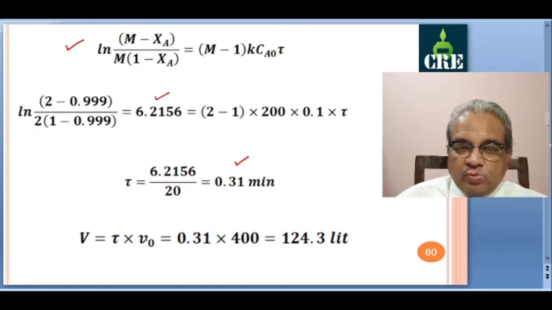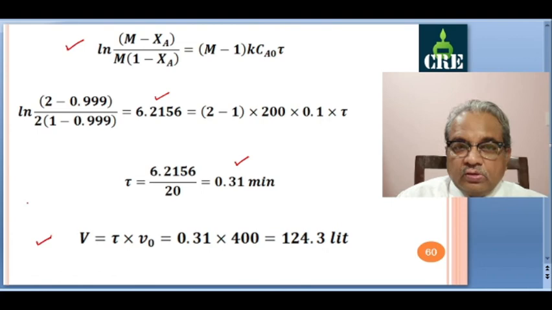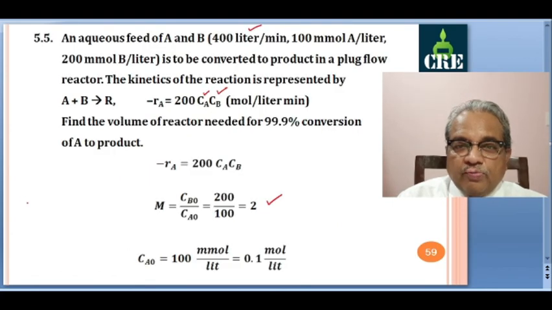So you know tau, you multiply by V0, which is given as 400 liters per minute. So minutes times liters per minute, the minutes cancel out, and you get 124.3 liters. This is the volume of the plug flow reactor